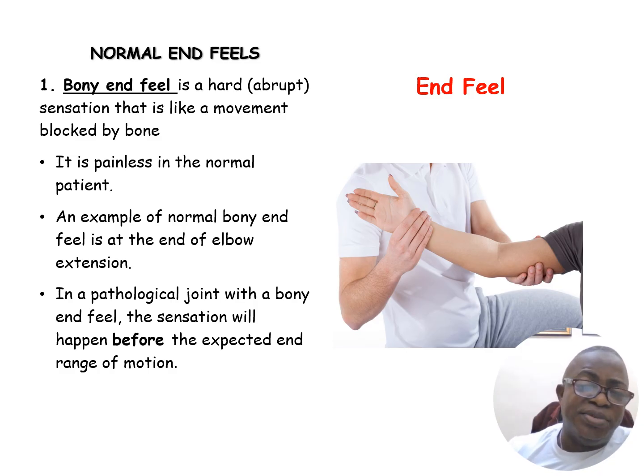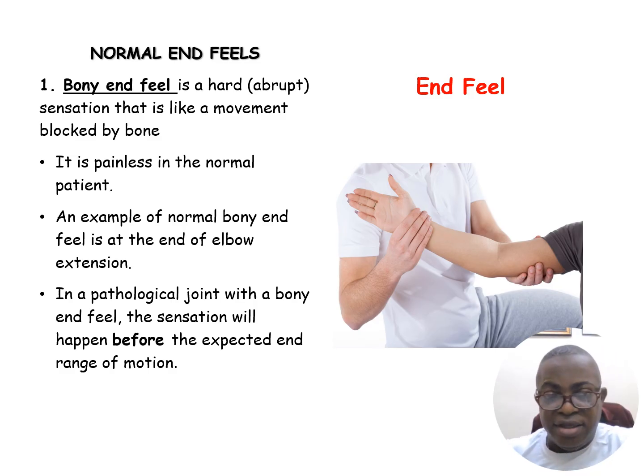But let us assume that the therapist is attempting extension of the elbow, and before you get to the end of the range, he felt hard and bony before the end of extension. Then that means something is blocking the joint. That means there's an internal derangement. It could be calcific tendinitis, it could be myositis ossificans. All right, because that bony end feel is only normal at the end of range of extension of the elbow